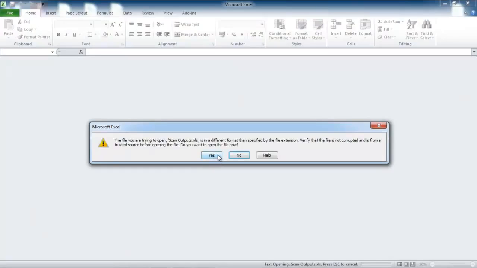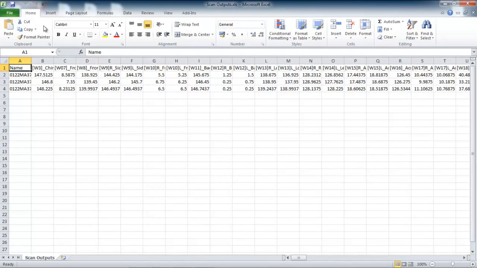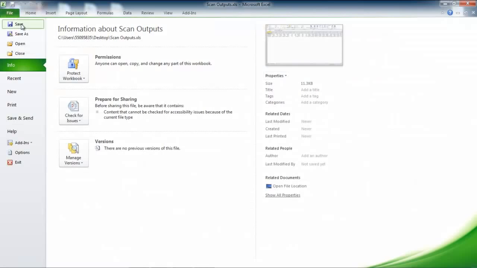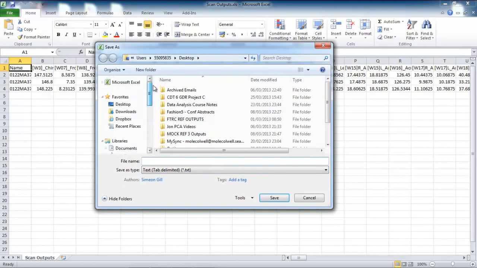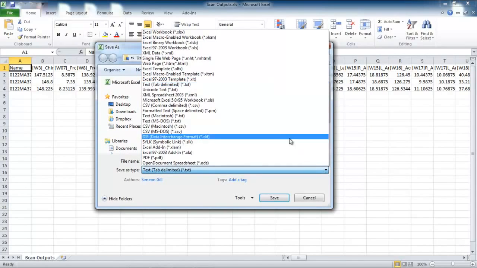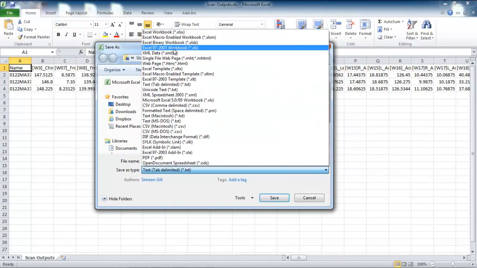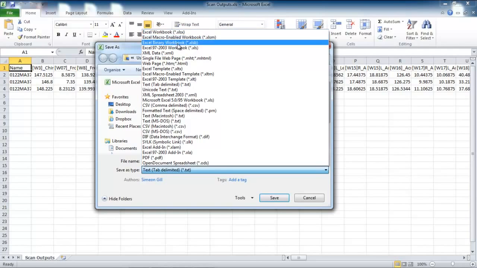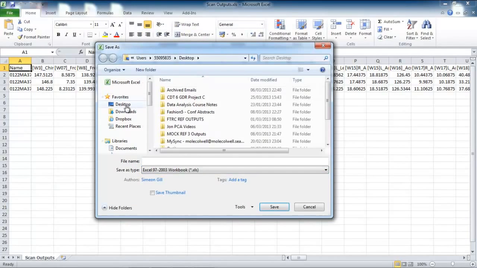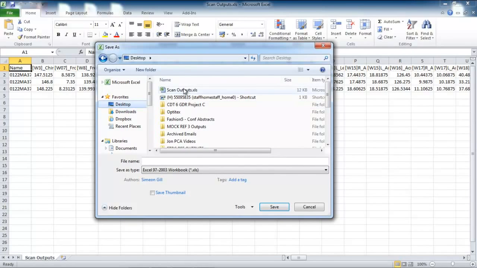you'll see it's saying it's in a different format, so it's saved it as tab-delimited text. Just say yes for now to open it, and then what you'll need to do is File, Save As, and you'll see tab-delimited text is what it's been saved as. You can change this to either an Excel XLS spreadsheet or to an XLSX spreadsheet. Either is up to you, and you can then overwrite the original with this,